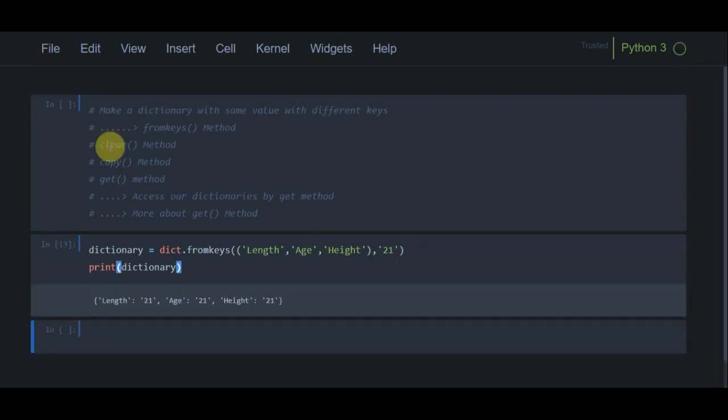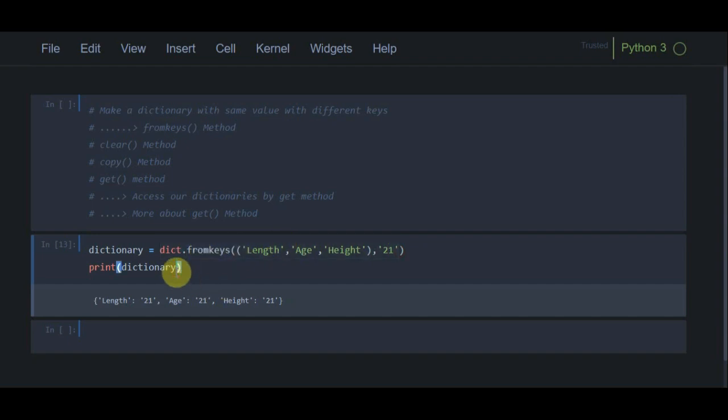Alright. Now let's discuss the clear method. By using the clear method, we can clear our dictionary. I can apply it directly here because it is a dictionary I am creating by using the dict keyword. It is the same, I can also create it by using curly brackets, but I have to use the method. That's why I'm using it here, because this is the easy syntax of fromkeys.